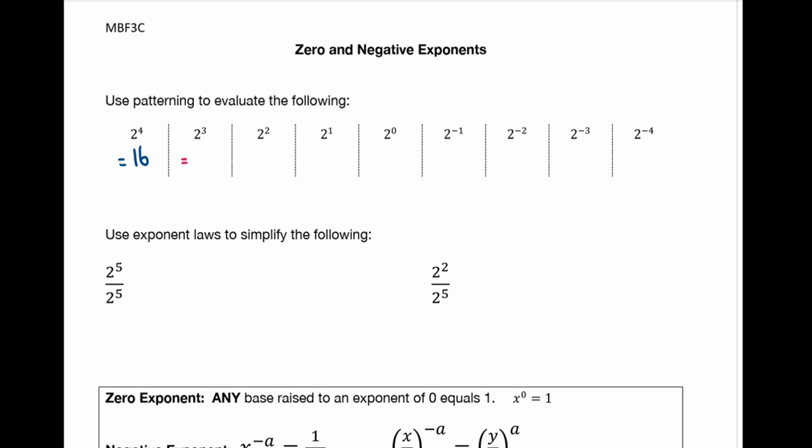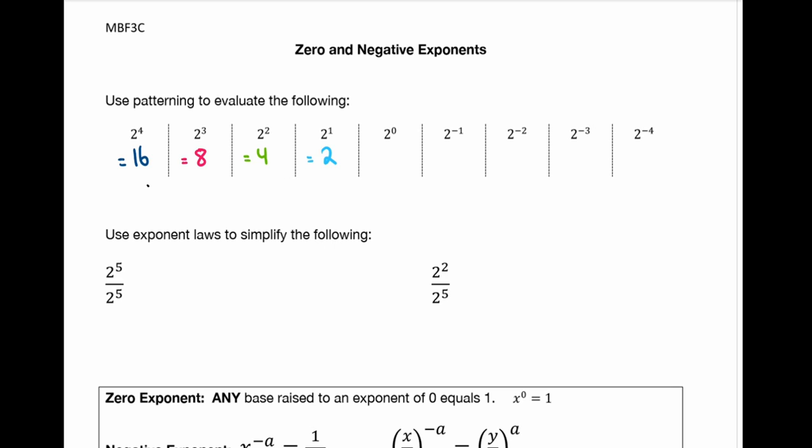2 to the power of 3, we get 8. 2 to the power of 2, we get 4. And 2 to the power of 1, we get 2. We could evaluate 2 to the power of 0 on our calculator, but let's use some patterning to figure this